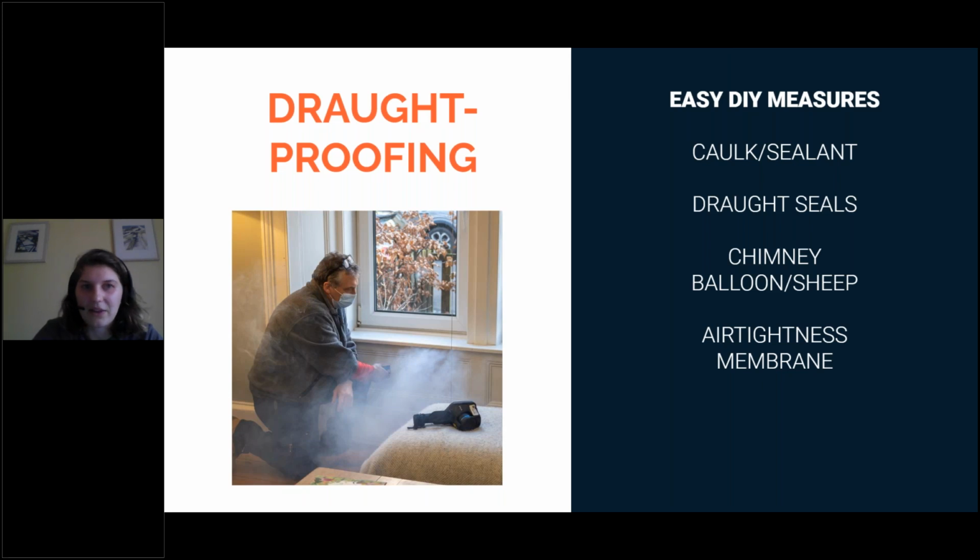So when we're talking about quick wins, one of the easiest things you can do is draft proofing. And this is especially true in old drafty buildings. That might be a case of just going around on a cold day when you've got the heating on and just feeling where the cold air is coming through. And there are certain areas of the house which are likely to have drafts, for example, around windows. The picture that you see there, that's